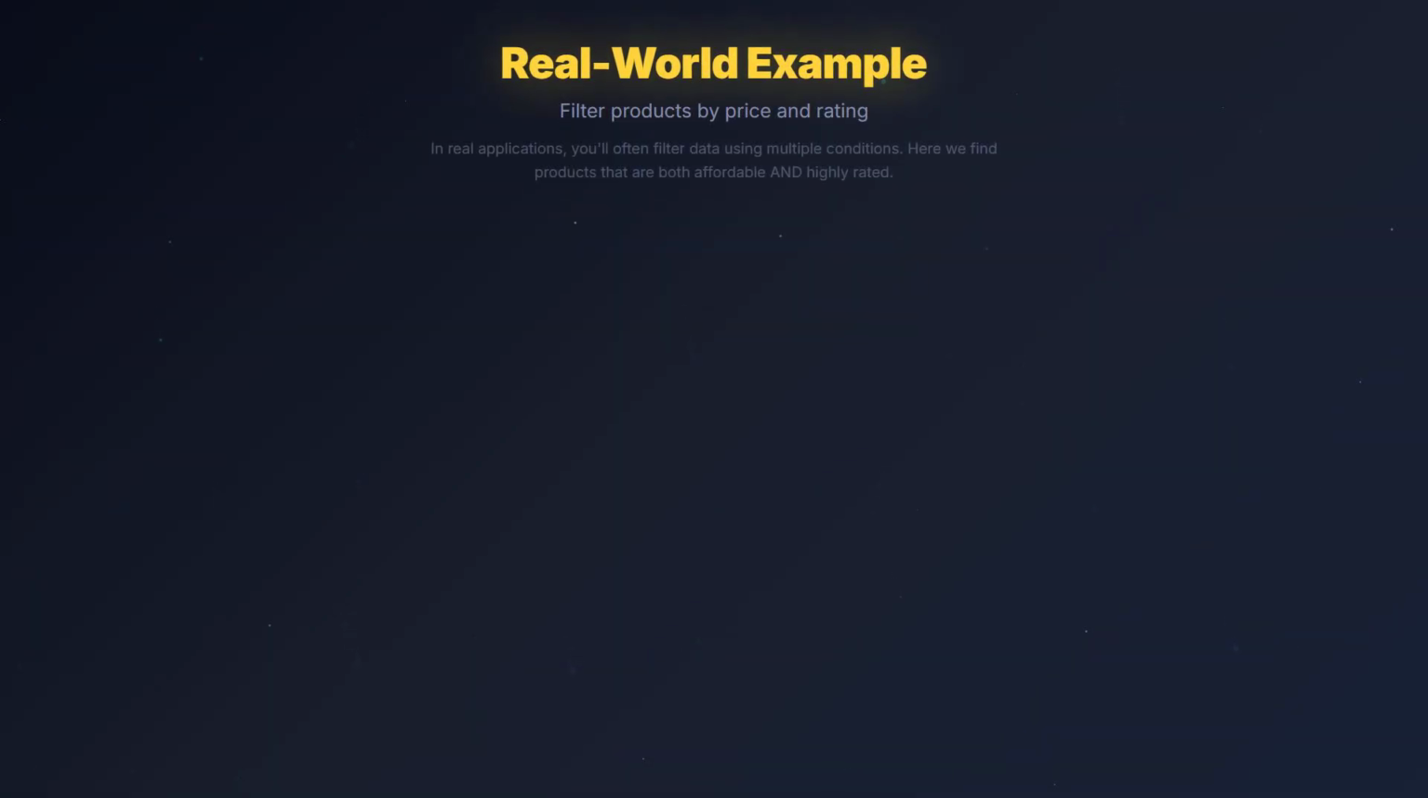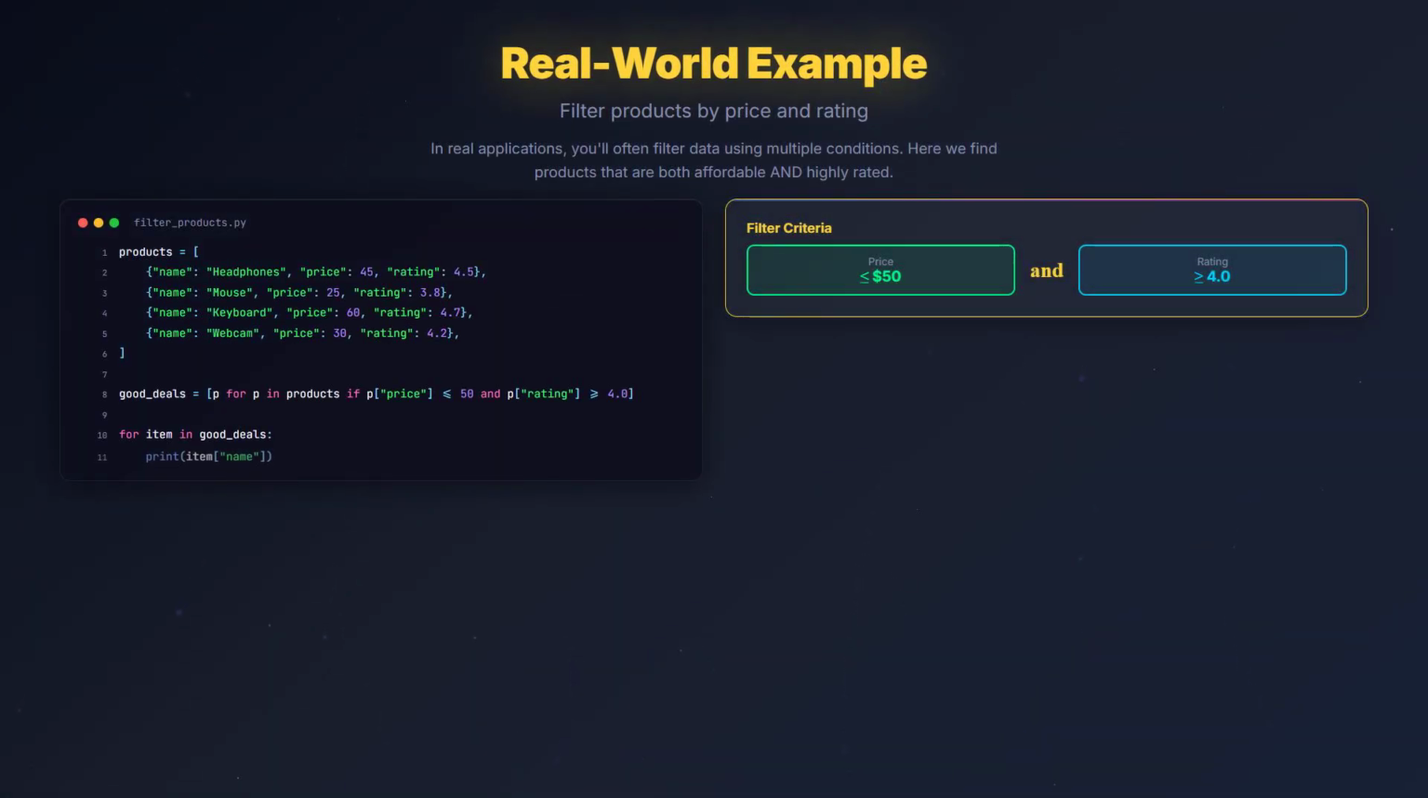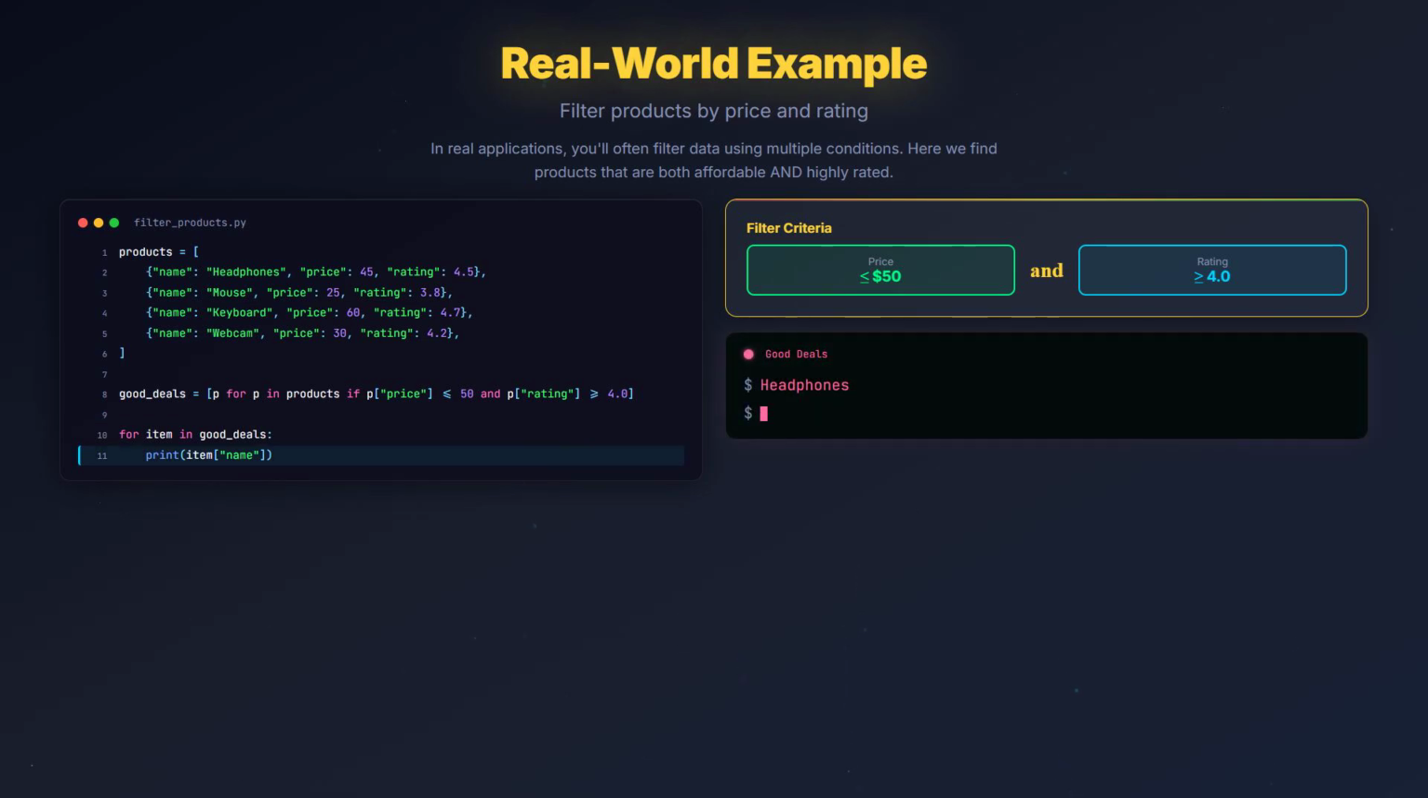Let's look at a real-world example. Filtering products by price and rating. We have a list of 4 products: headphones, mouse, keyboard, and webcam, each with a price and a rating. We want to find good deals, products that are both affordable, $50 or less, and highly rated, 4.0 or higher. Watch the list comprehension on